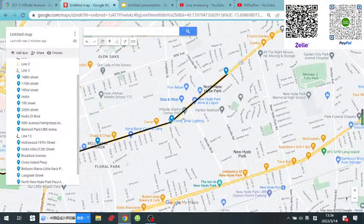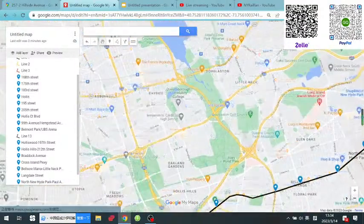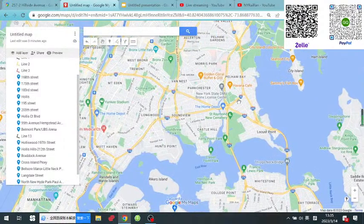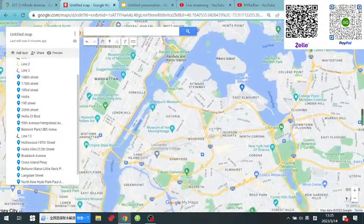Yeah, because their proposals, let me show you that. Their proposals to send the six to Co-op City, right? So their plans to send a six to Co-op City, and for the Second Avenue line,